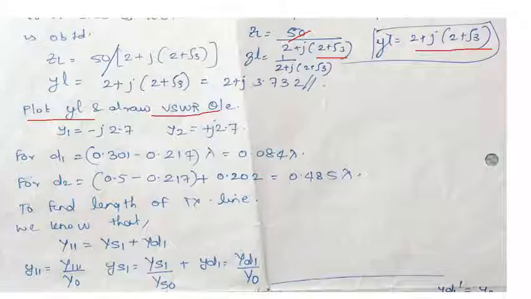Then we come to d1. If you remember, how do we take d1? The distance between y1 and yl, that is d1, and d2 must be taken the other way round, which I'll show you in the Smith chart. So after that you find d1 and d2. Till here the procedure is similar. I hope you remember we have done it in single stub matching. Now after this, since the stub and line have two different characteristic impedances, your Y11 is equal to YS1 plus YD1.